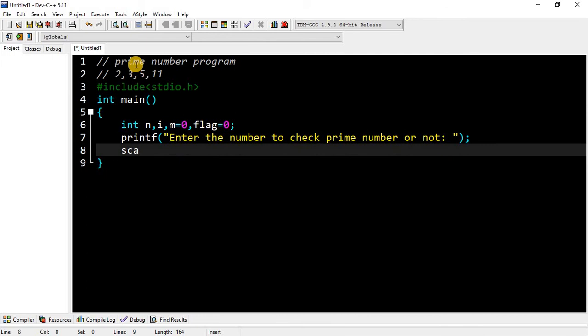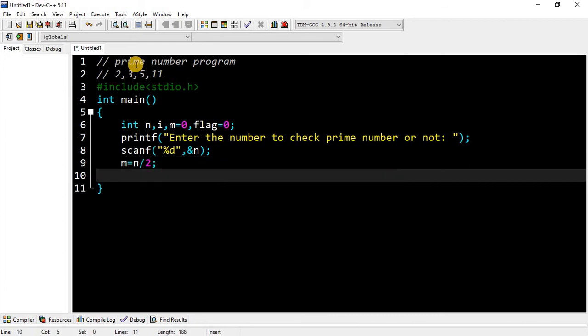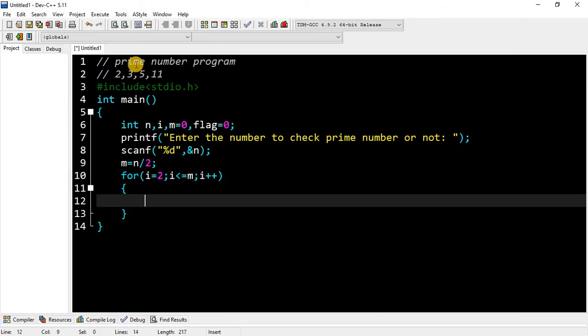Now it will scan %d, address of n, and now we are going to use m is equal to n by 2, and for i is equal to 2, i is less than or equal to m, and i plus plus, curly braces.